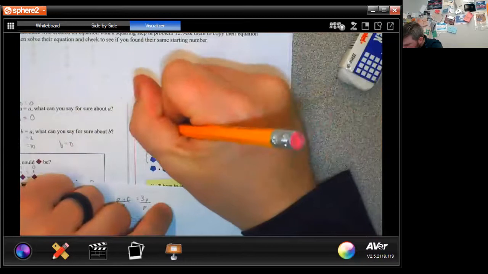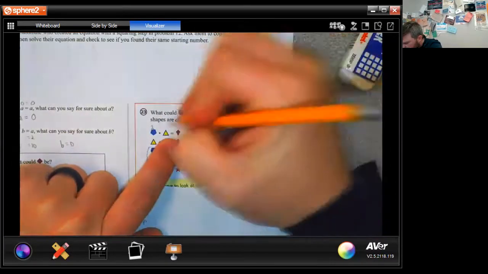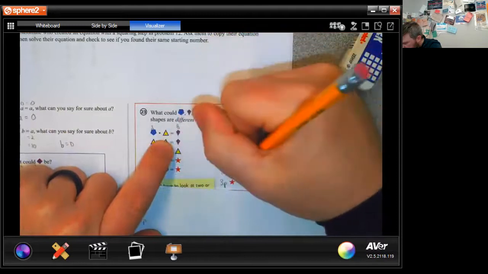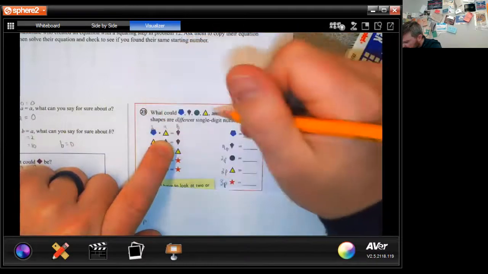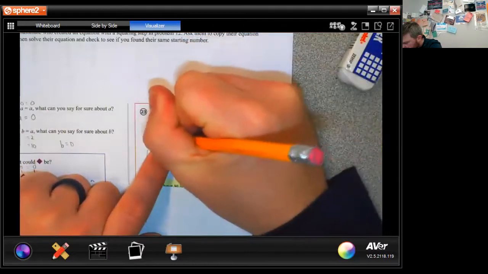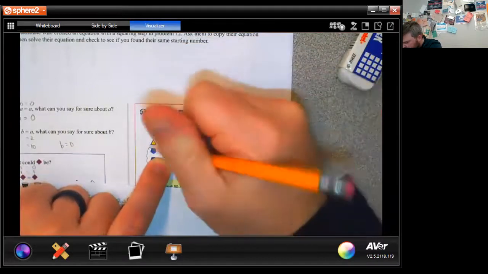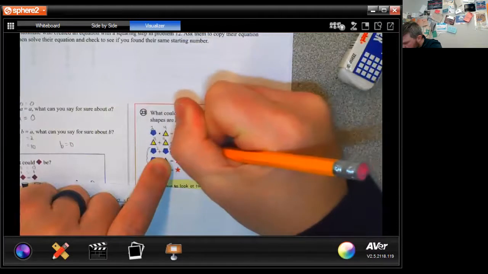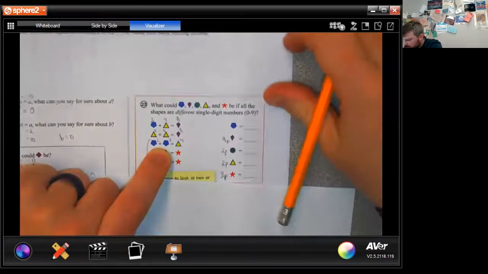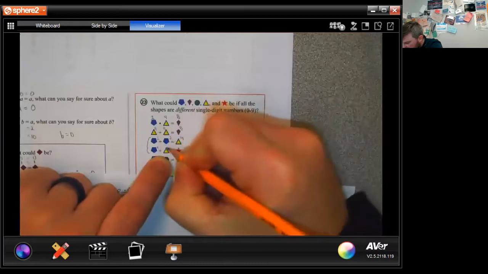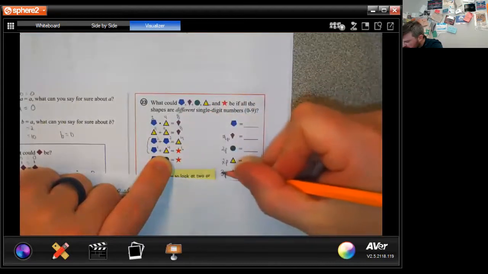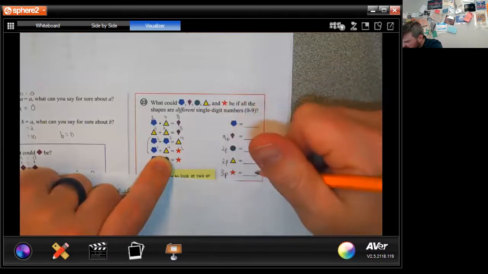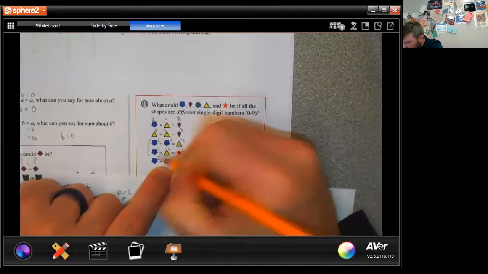So let's try to make this a 2. So a kite is 4p, so this would be 8. And a triangle is 2p, so that would be 4. 2 times 4 is 8. Okay, so 4 plus 4 is also 8. This is 2 plus 2 is 4. So far we're doing well. I have a 2 plus a 4 is 6. And I said that a star was 3p. So 3 times 2 is 6. And then last we'd have 2 times,